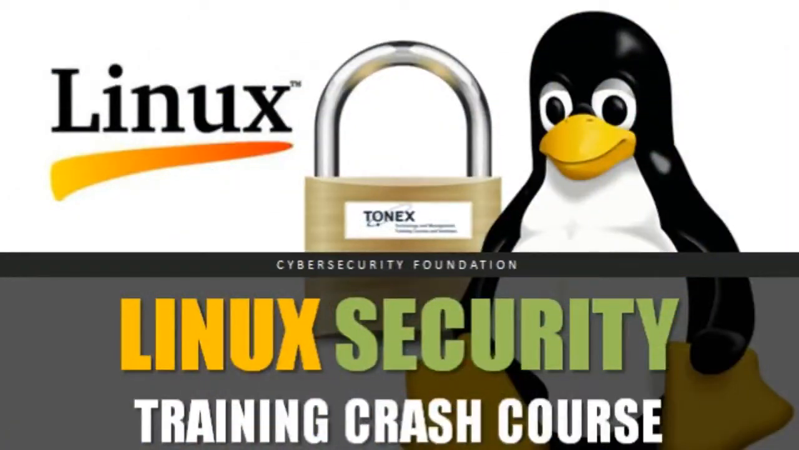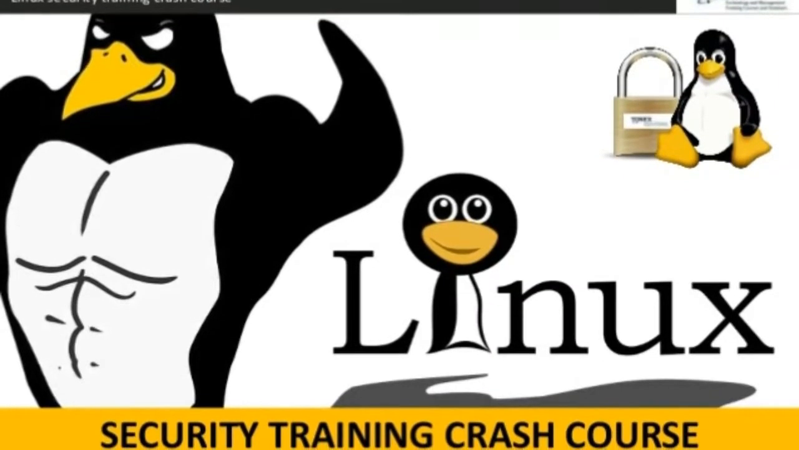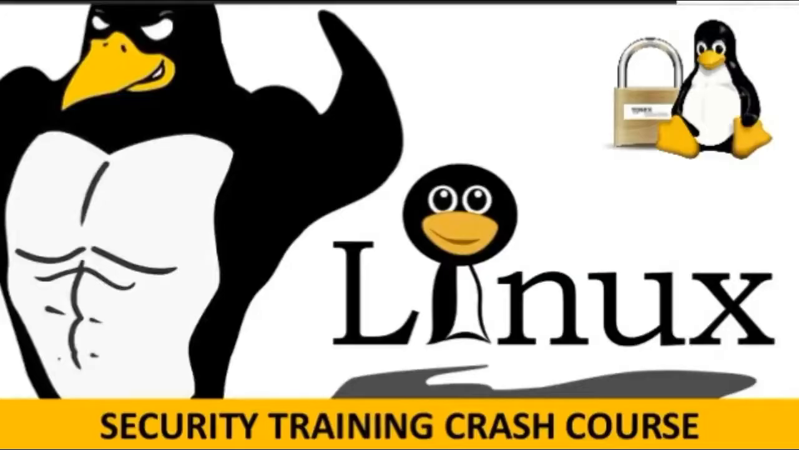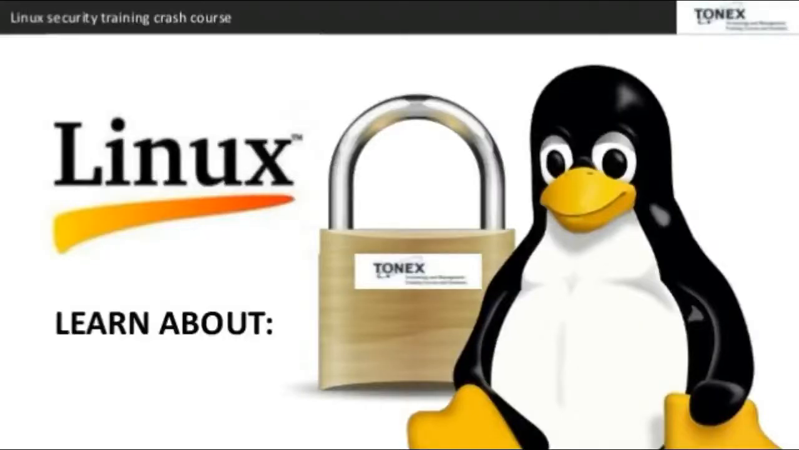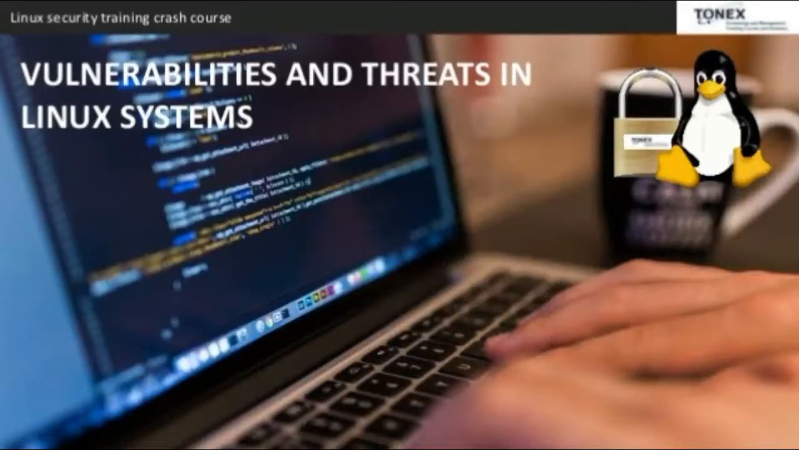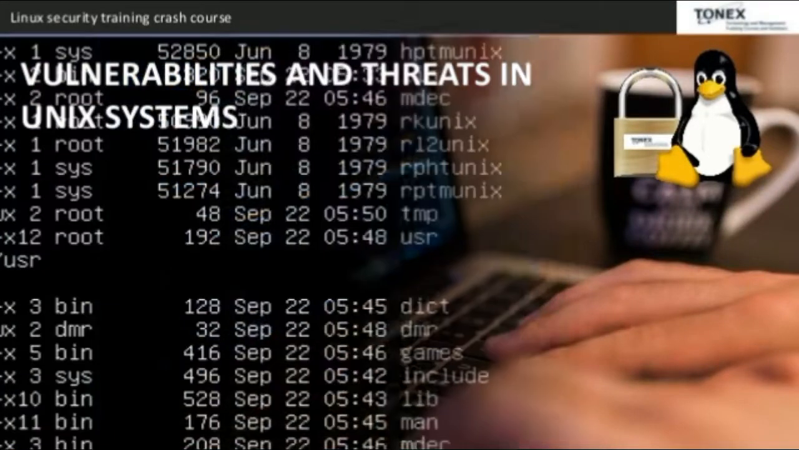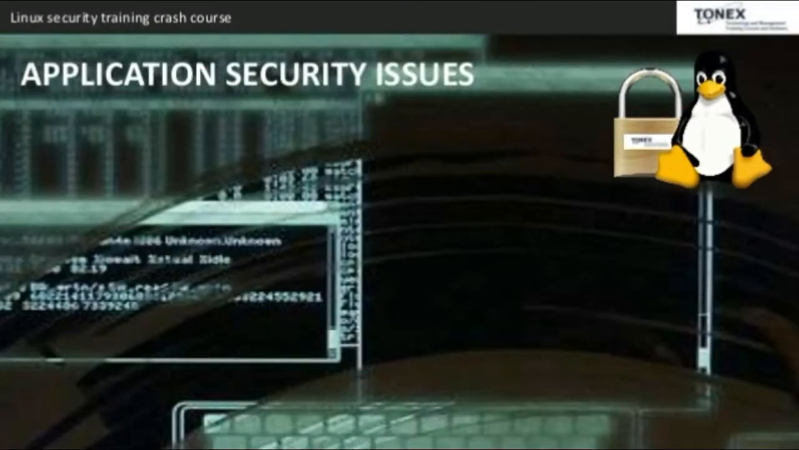Linux Security Training Crash Course provides the participants with an in-depth coverage of Linux security and Unix security issues. Learn how to mitigate Linux security issues, file systems or applications. Learn topics including Linux network attacks, vulnerabilities and threats in Linux systems, vulnerabilities and threats in Unix systems, application security